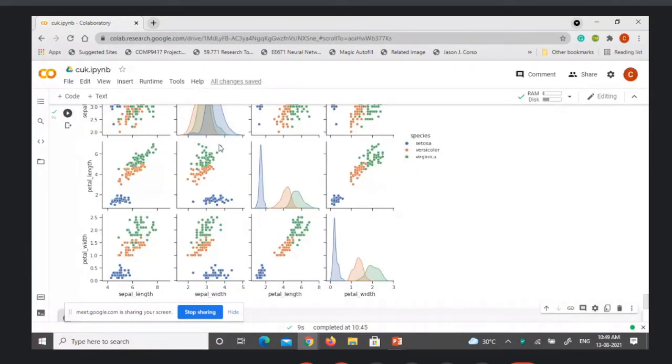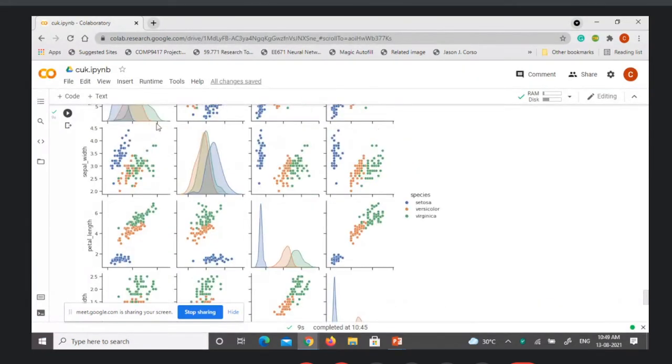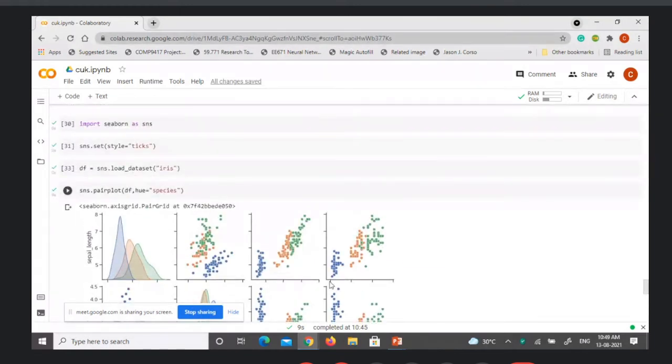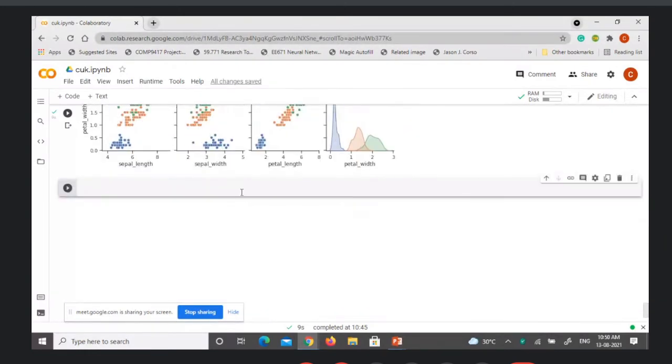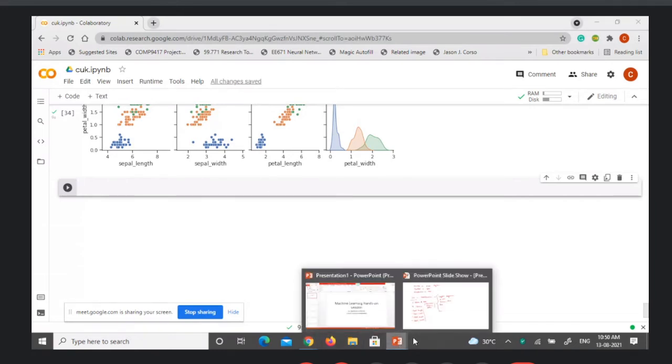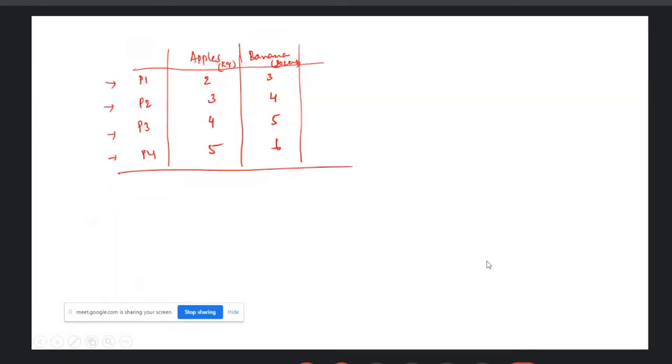So this is the simple understanding. You get it by using this pair plot: what is happening and how the distribution of the data is over each class. We could understand. Now, if you want to do the classification, basically, I hope you couldn't see my PowerPoint.